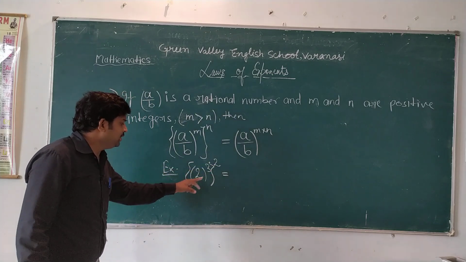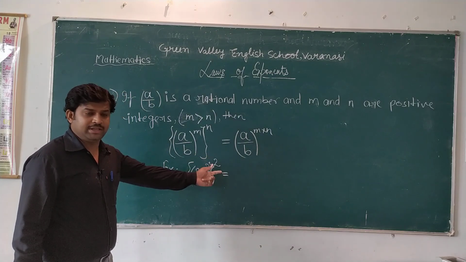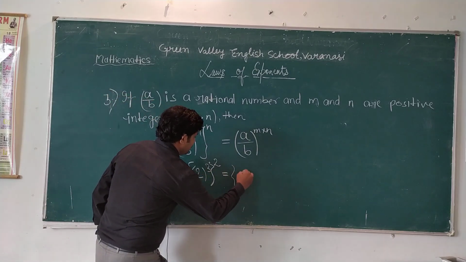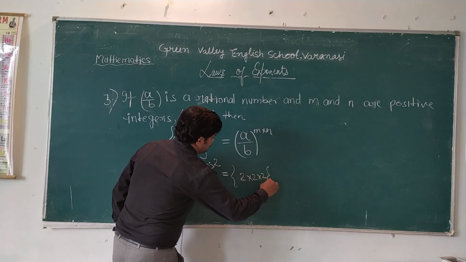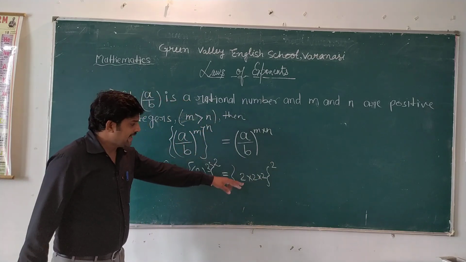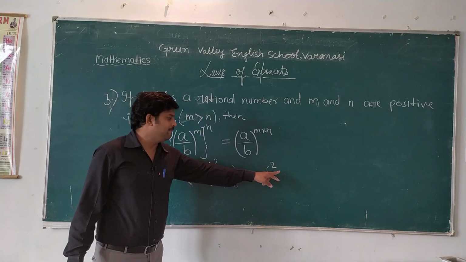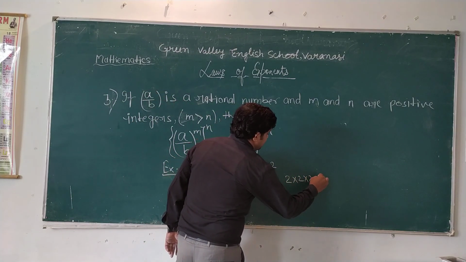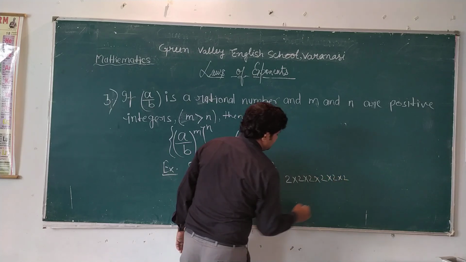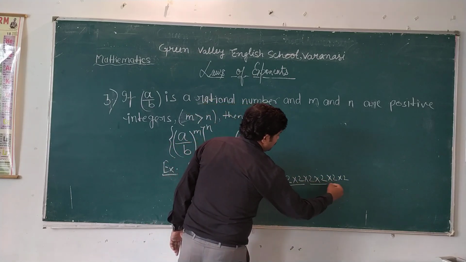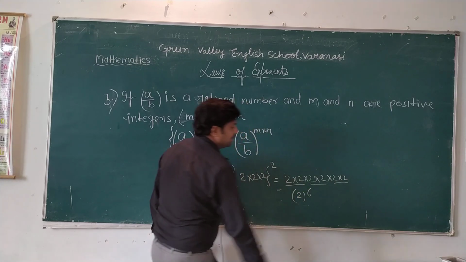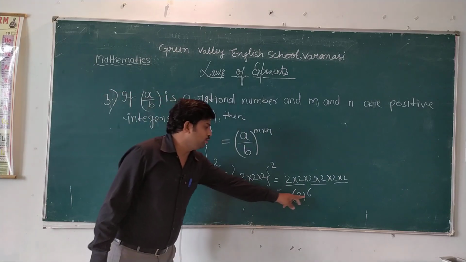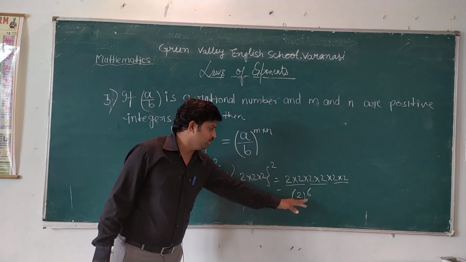What is the meaning of 2 to the power 3 whole to the power 2? It means 2 multiplied by itself 3 times, so 2 multiplied by 2 multiplied by 2, and all of that multiplied 2 times. It means 2 multiplied by 2 multiplied by 2 multiplied by 2 multiplied by 2 multiplied by 2. How many times? 2, 4, 6. It means 2 to the power 6. The value of 2 to the power 3 whole to the power 2 is equal to 2 to the power 6.